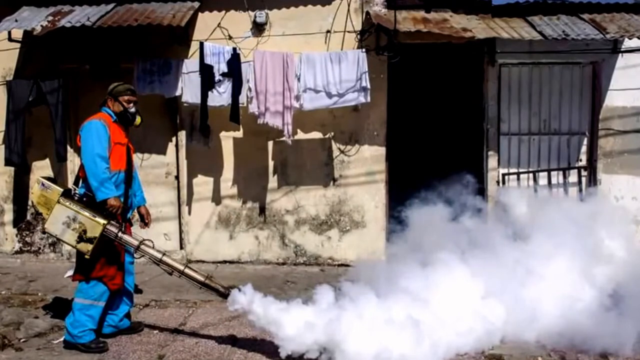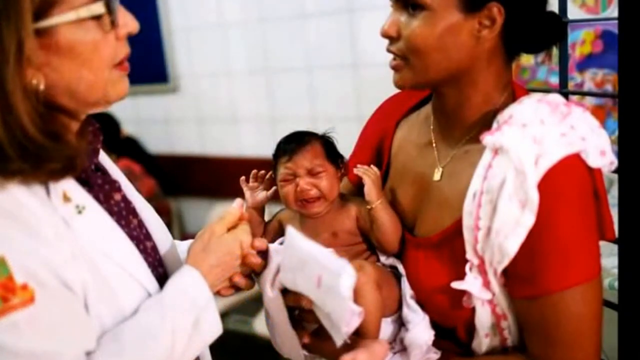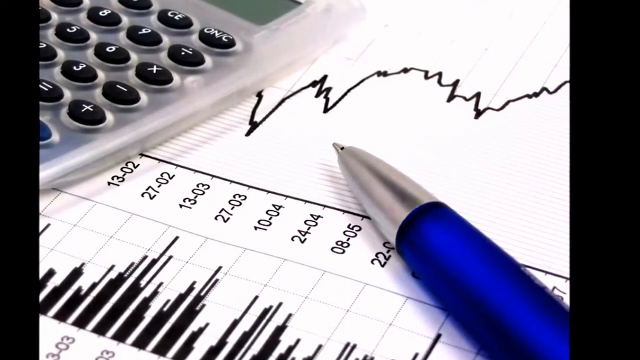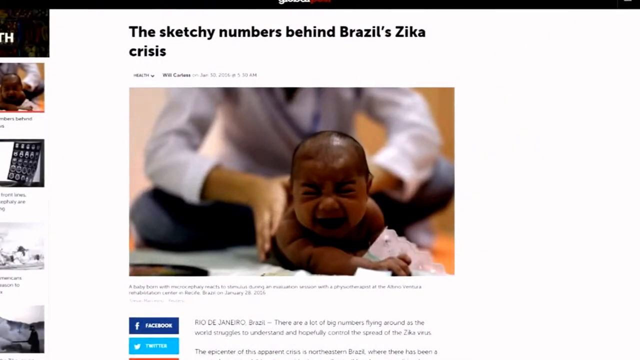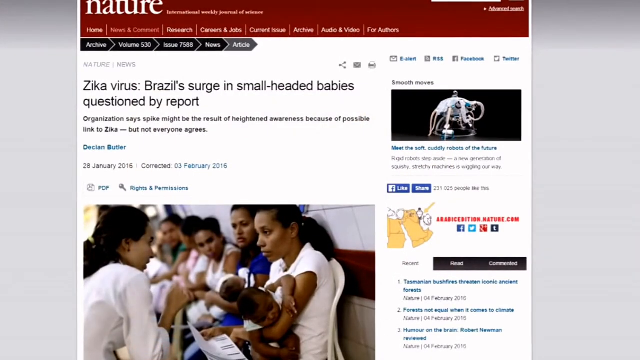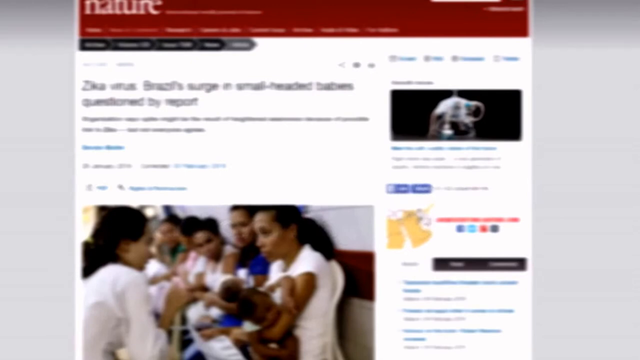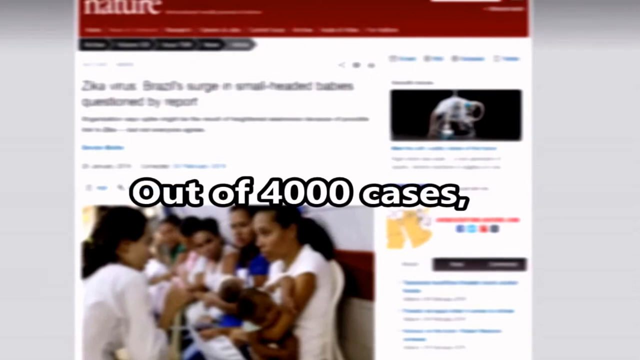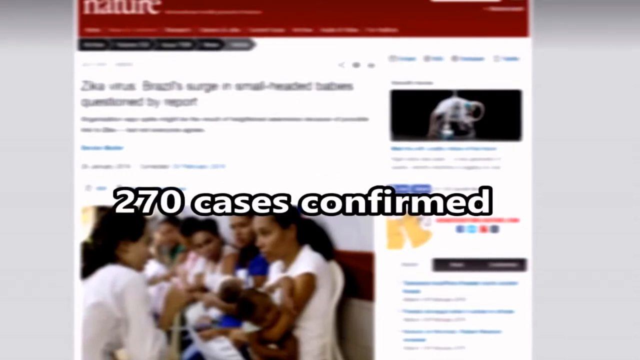While the active response taken by the respective governments show that there is heightened awareness of the previously unheard of virus, the numbers do not seem to warrant such action. Global Post ran an article titled the sketchy numbers behind Brazil's Zika crisis, citing a report by the journal Nature, which concluded that the apparent spike in babies with small heads is probably due to active search and overdiagnosis. It turns out that out of the 4,000 cases of suspected microcephaly, Brazil has confirmed 270 actual cases